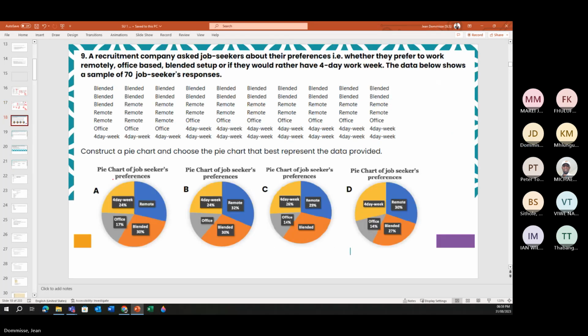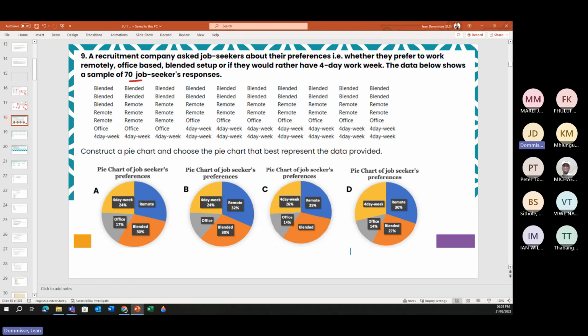And then a very interesting one that I also picked up from a previous, I think it was last year's assignment, or maybe even the mock exam, is that they gave you a set of data and they told us there were 70 job seekers,